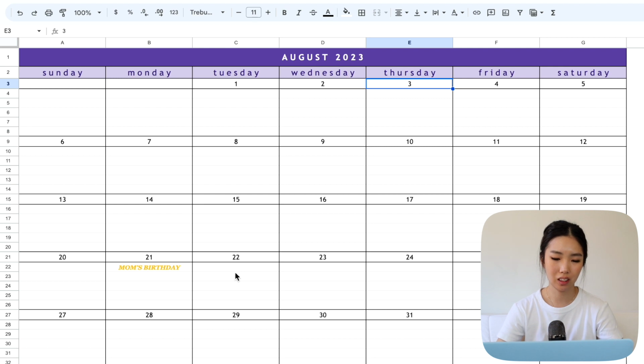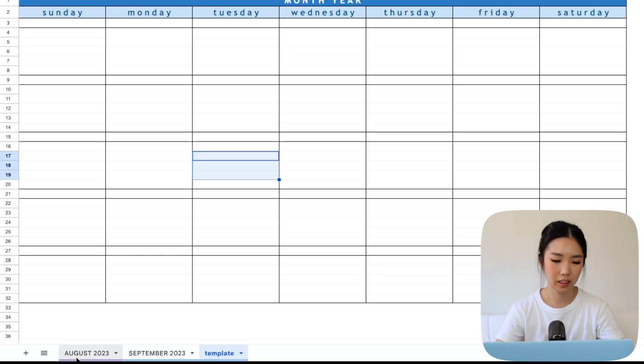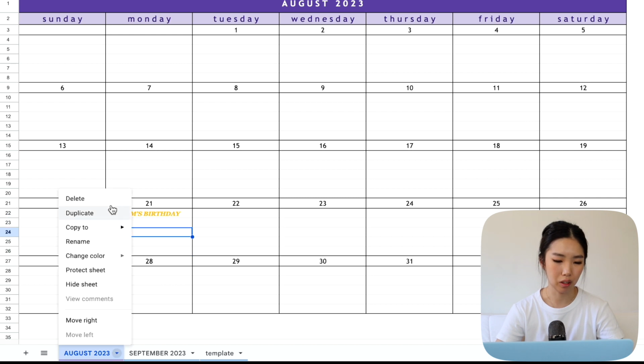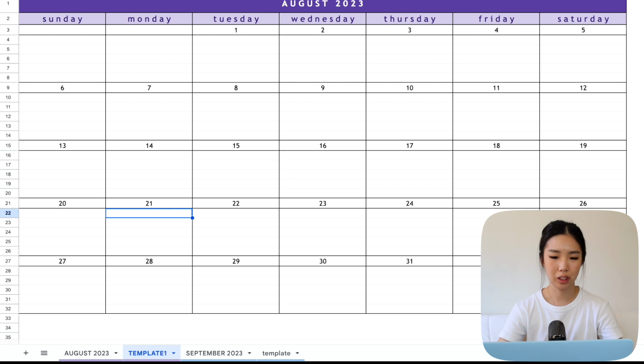So since I changed the font here to Georgia and the template's font was originally Calibri, what I'd want to do is actually do this month and make it my new template. So I'm gonna duplicate it and then I'm gonna change this one to the template. I'll just say template 1 and then make sure it looks like a template. I would just change this to